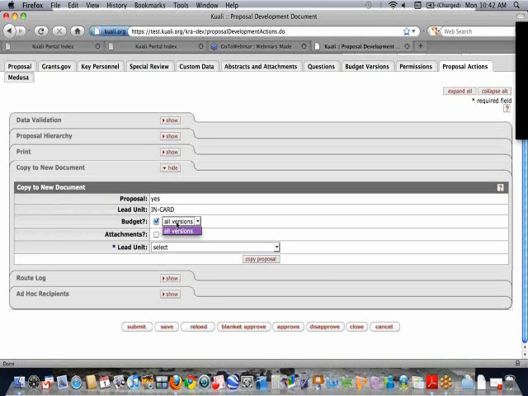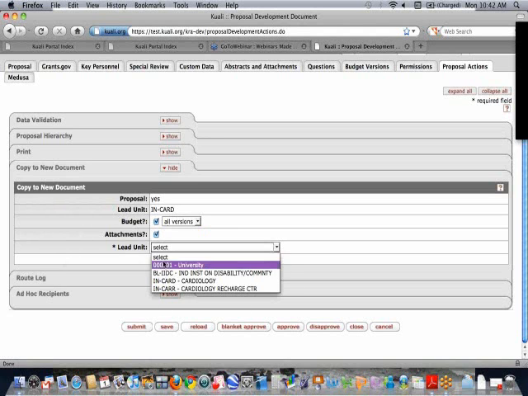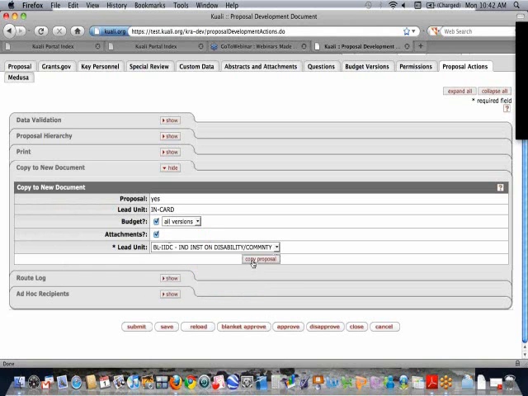Theoretically I have 20 versions of the proposal, and one of those is the final version. I can get it to copy only the final version or every single one of the versions if I want to. I can also get it to include all the attachments, so I'm not starting from scratch, for instance. And this is where I can select a different unit. And once I copy the proposal,